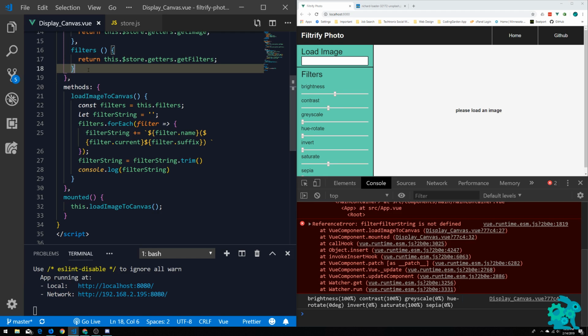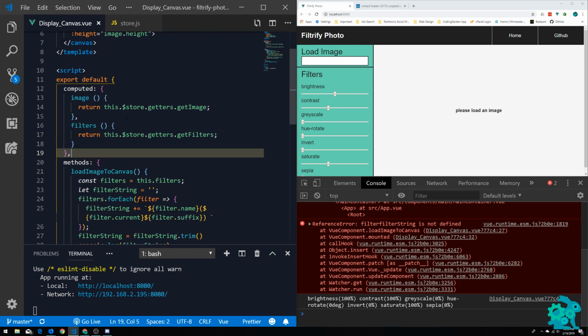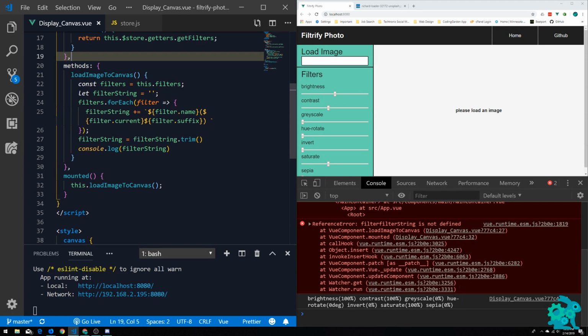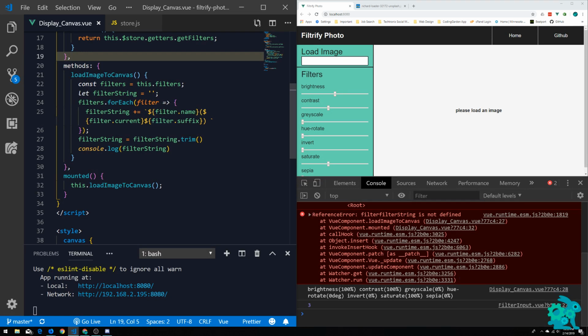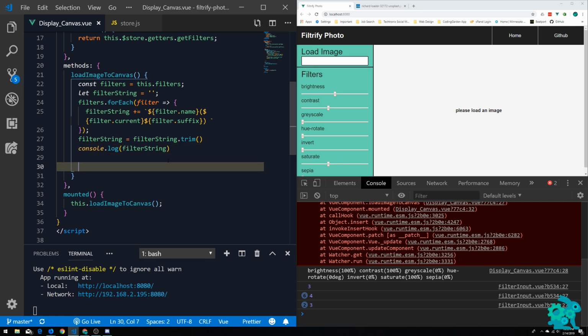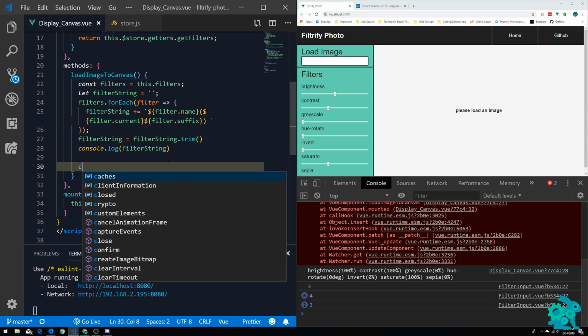Cool. So let's go underneath or above the methods now. Okay, so we got the filters and we're pulling that in properly. The next thing we want to do is, so let's get our filters taken care of. Next thing we want to do in this function is we're going to grab